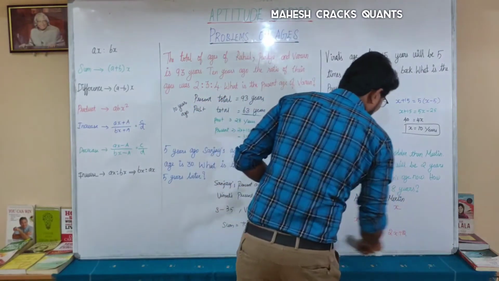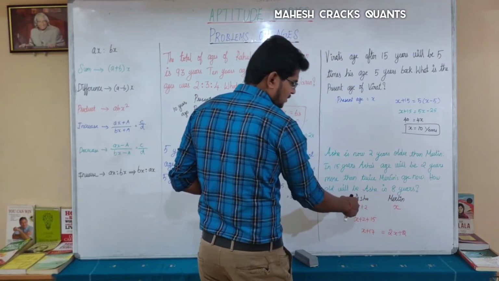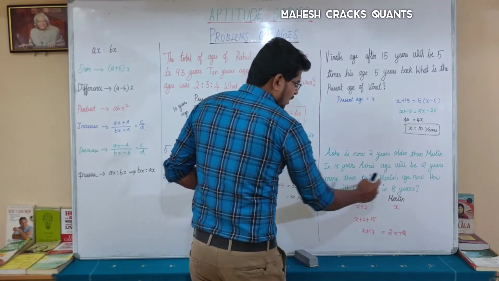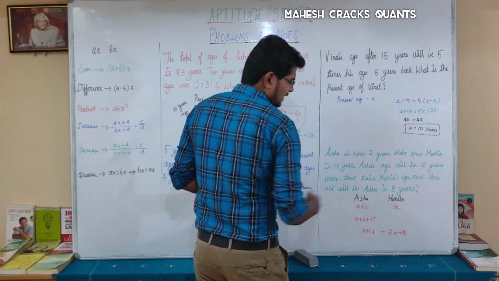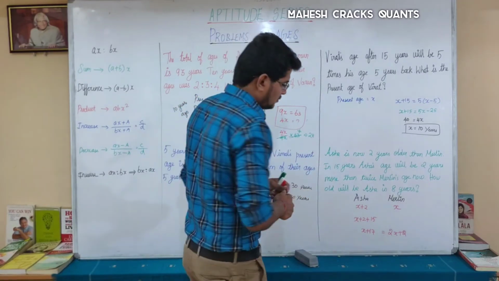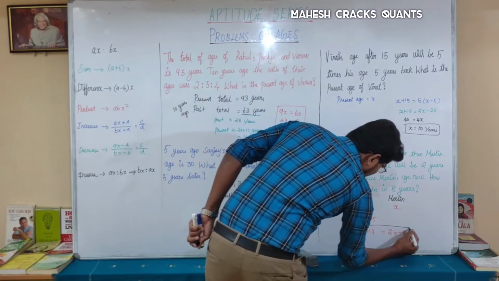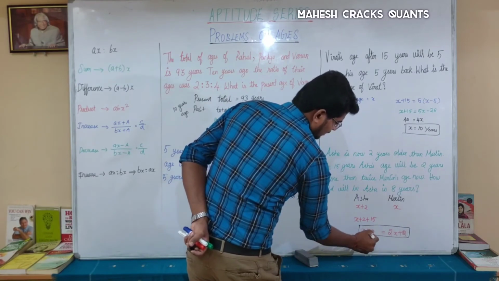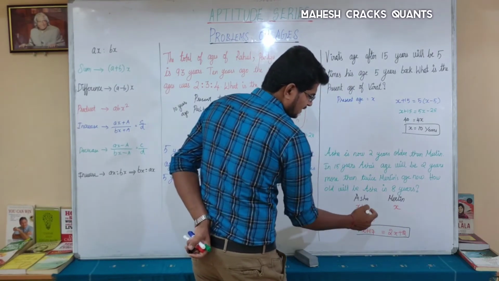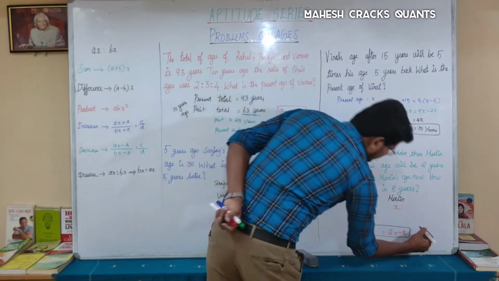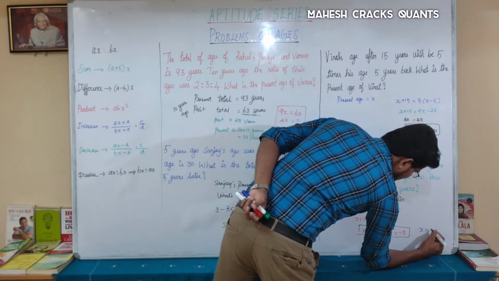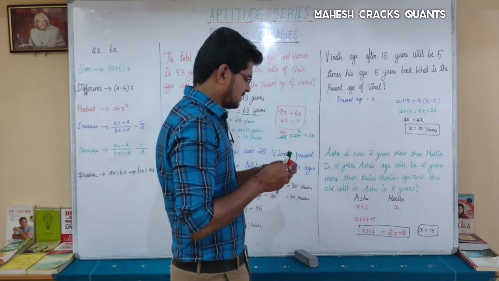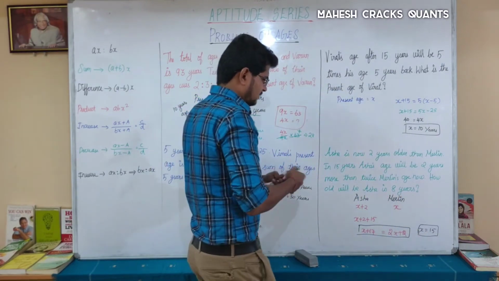If you solve, you will get the x value, that is Merlin's age, and then Asha's age is x plus 2. And then the question is, how old will Asha be in 8 years? So solve this. 2x, if you take x there and 2 here, you will get 2x is equal to 15... so the answer is x equals 15. What is the present age of Merlin? Merlin's present age is 15.